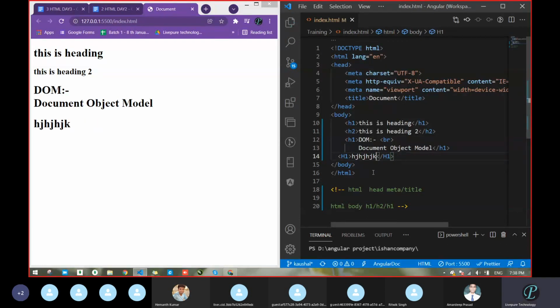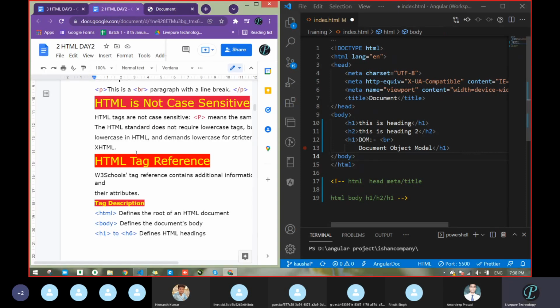Whether we take capital H or small h, H1, it's not going to make any difference. In both cases, that's fine. But as a good practice, always try to use lower case only. Don't use upper case. So that's why HTML is not case sensitive.